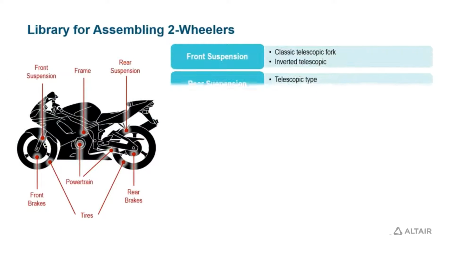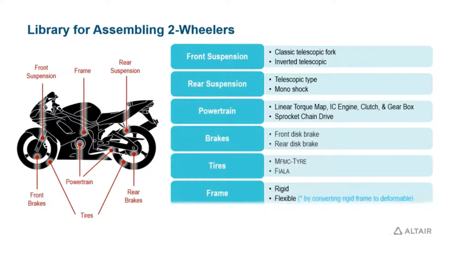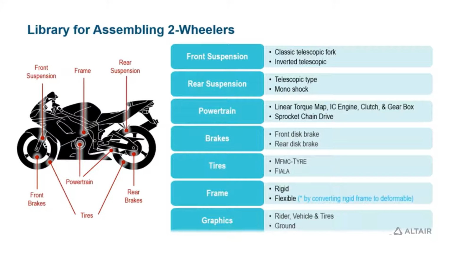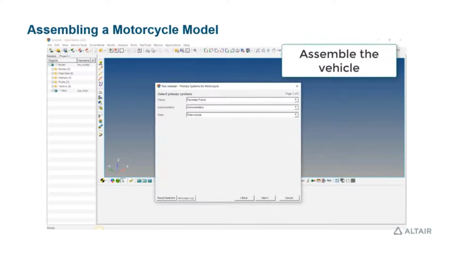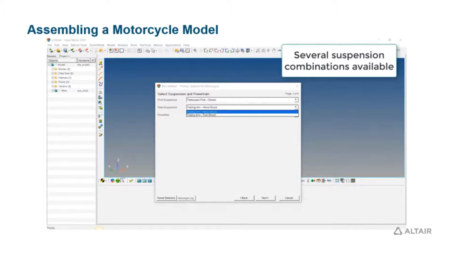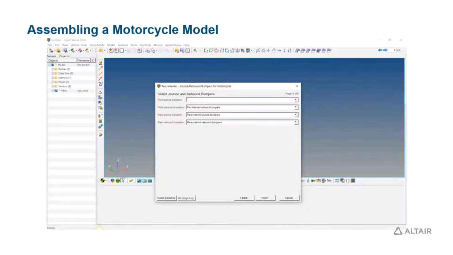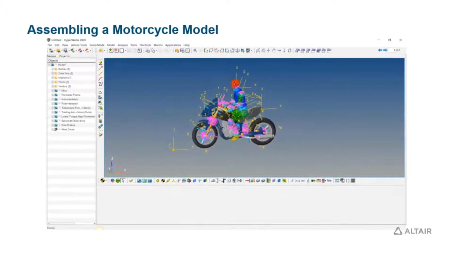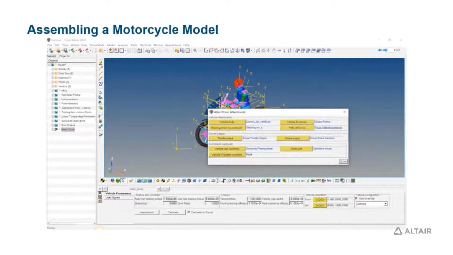For quick assembly of model, you are provided with a library of subsystems which can be called in to quickly assemble a vehicle model. The solution we have created has 4 parts to it. First, you assemble a vehicle model using a graphical user interface. To facilitate the modeling, all the key subsystems are available as parametric models. You can instantiate these and define their design parameters to complete a model definition.